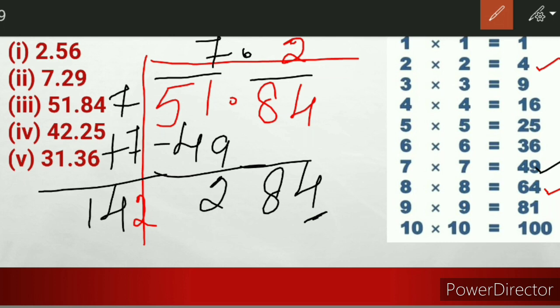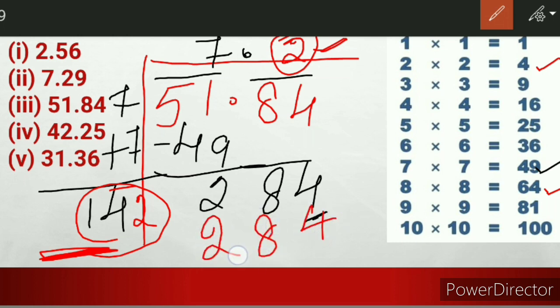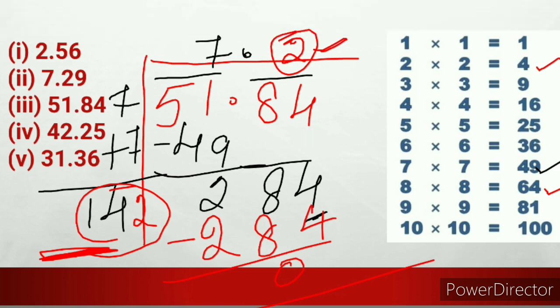Now we should multiply 142 with 2. How many digits are in the new divisor place? All the digits we multiply with one digit only. Don't take the whole number 7.2 as the multiplier, only one digit. But in the divisor place, all the digits you should take. Remember that. Now 142 into 2: 2 into 2 is 4, 2 fours are 8, and 2 itself. We got the answer. So the square root of 51.84 is 7.2. I hope you understood this method. Do the remaining two problems as homework.